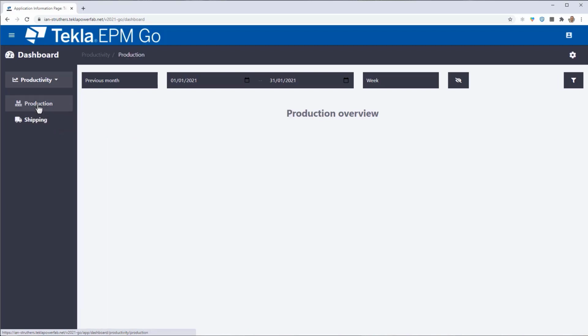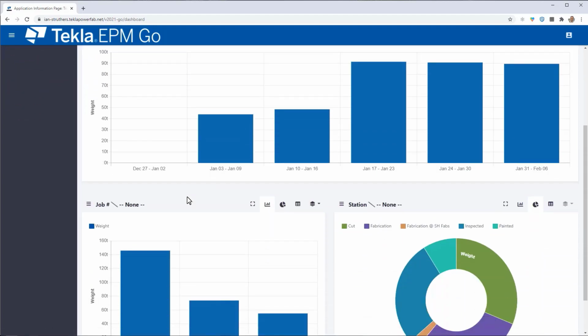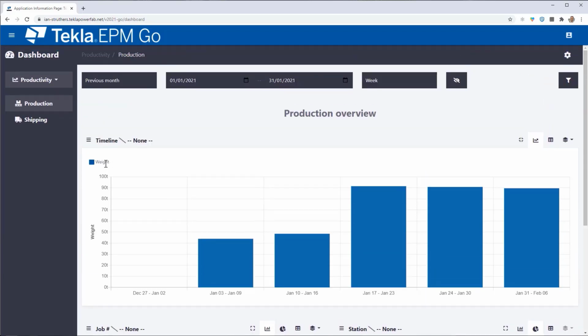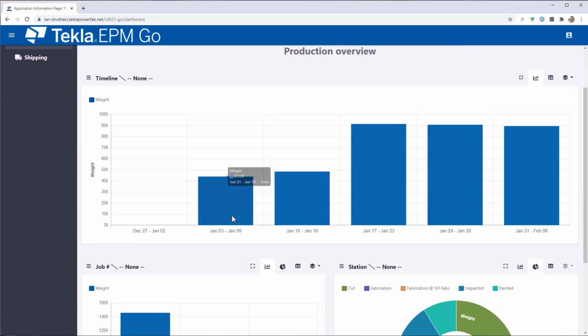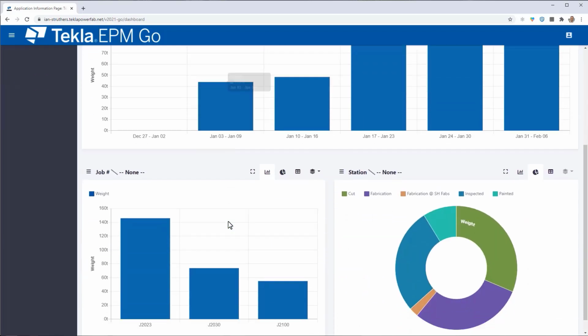But I want to start on the production dashboard, and straight away we can see there's three charts per dashboard, and at the moment we're simply looking at the weight that's been output. Firstly on the timeline, we've got a date filter set for January by the looks of it, and we're seeing per week in January what my weight output was from my workshop.